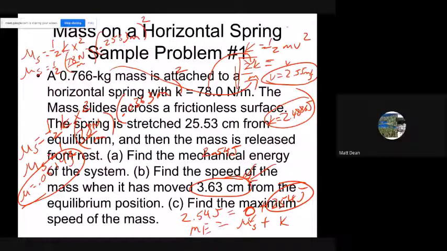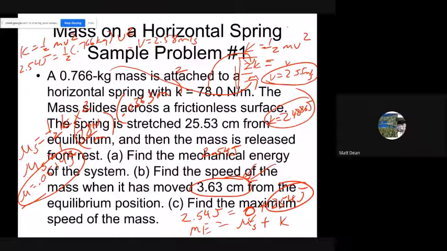So we take the 2.54 joules and set it equal to the kinetic energy equation, 1/2 mv squared, with the mass of 0.776. Let's solve that out for speed. And when we do, we end up with a speed of 2.58